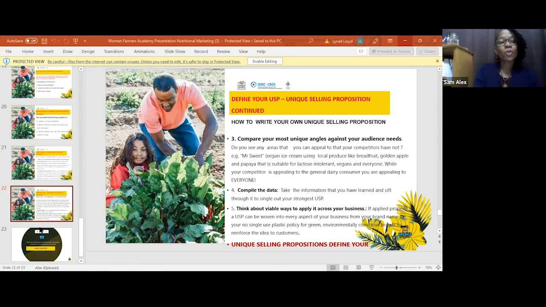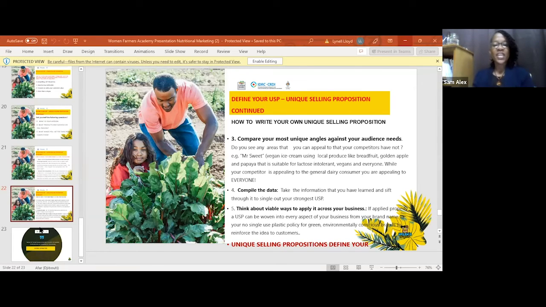So this is in keeping with the food as medicine theme. It's in keeping with the business being vegan. So everything in there is vegan. It's keeping with the plant-based theme. It's keeping with the sustainable theme. So this is how your USP is woven into every single aspect of your business.